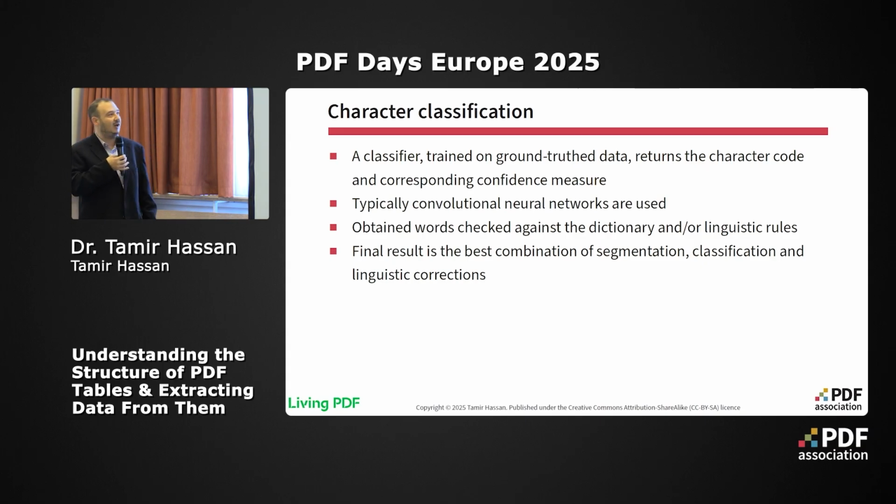It's trained on a very large data set, and the way OCR typically works is it then compares the recognized words with a dictionary, and chooses as a final result the best combination of segmentation, classification, and linguistic corrections or dictionary corrections, meaning that errors don't necessarily propagate by choosing the best optimization of all three